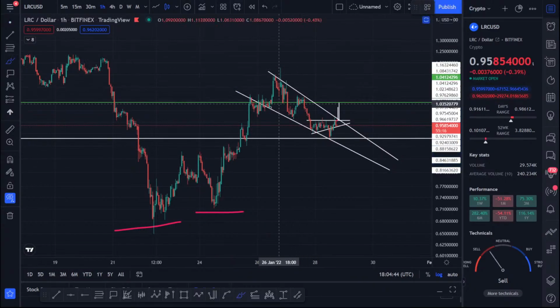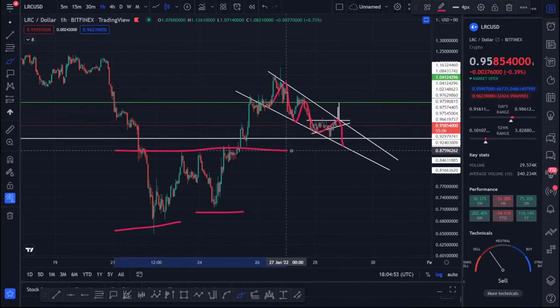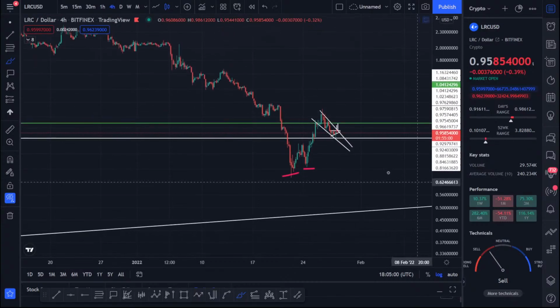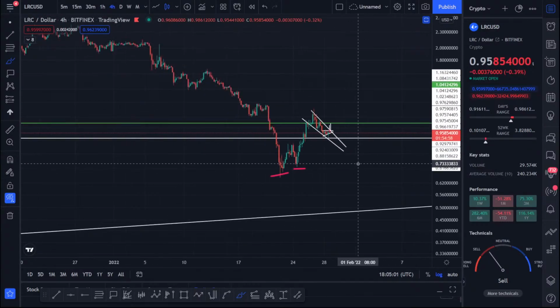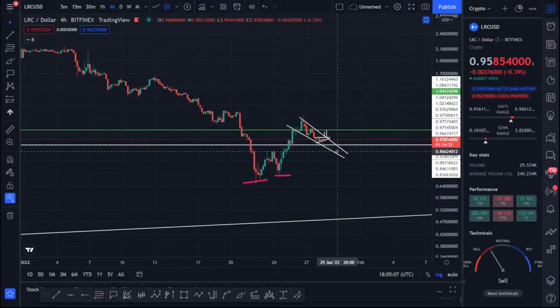So if you come here, hit your head, so if you get rejected right over here, you can either fall here or a little bit below to these levels. So keep an eye on this. This is a bullish pattern. I guess LRC is waiting on a decision from Bitcoin to be made. Once that decision comes in, maybe it can just break and go to